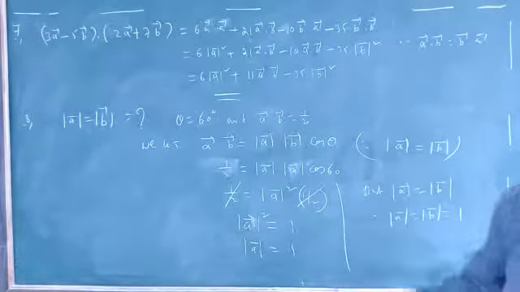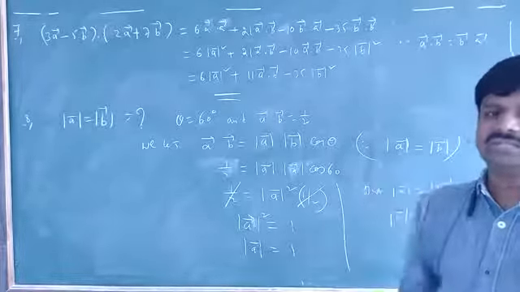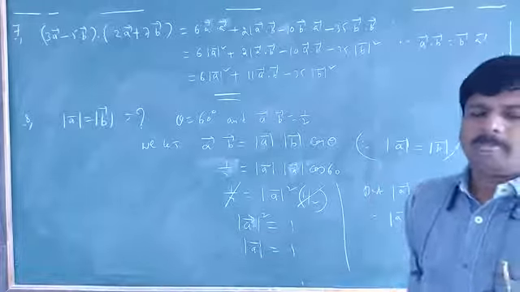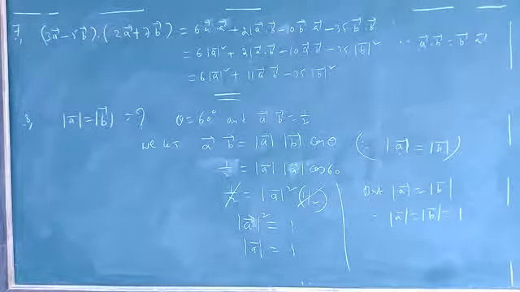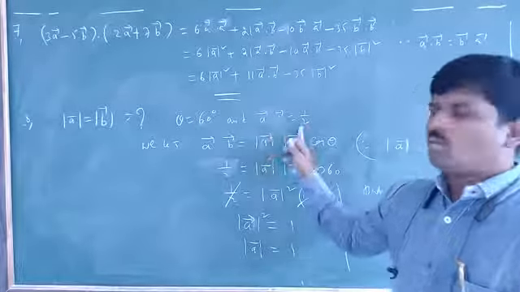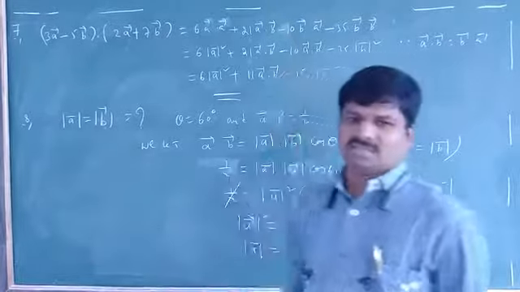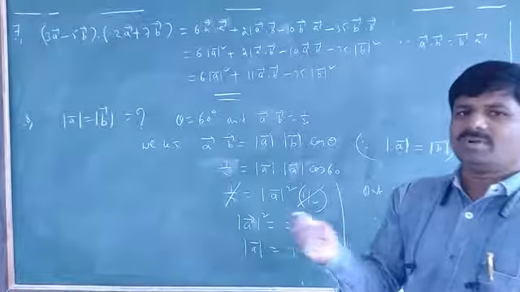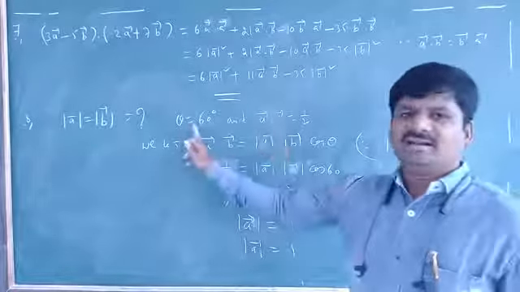So when we are solving these questions, you should understand the relation. What is the relation given? By that relation only we have to solve the questions. Here what is given? Theta equals 60 degrees is given, and a bar and b bar values are given. What is being asked? Mod a bar, mod b bar is being asked. To find that, there is a relation between them, a bar and b bar angle. So what is that?